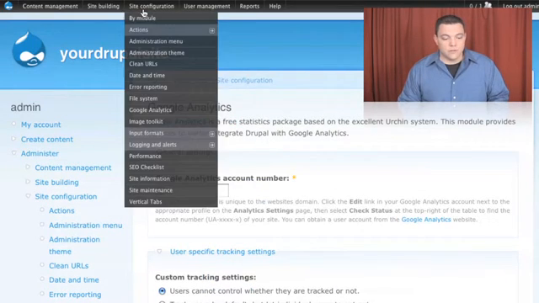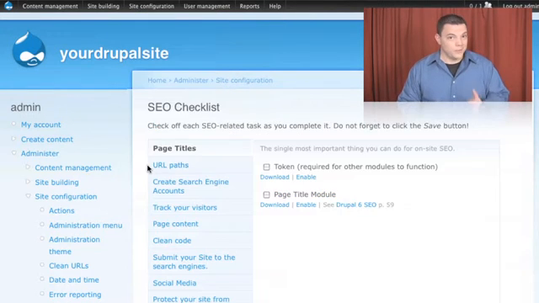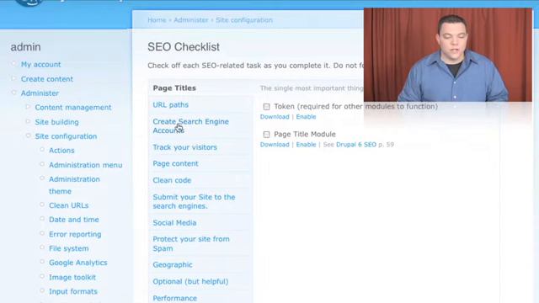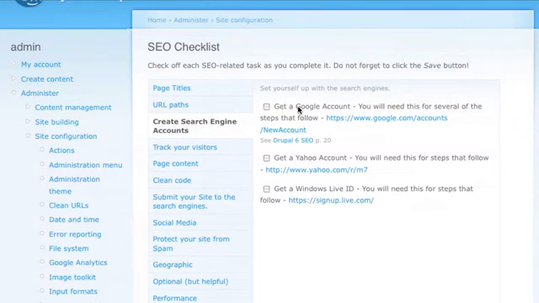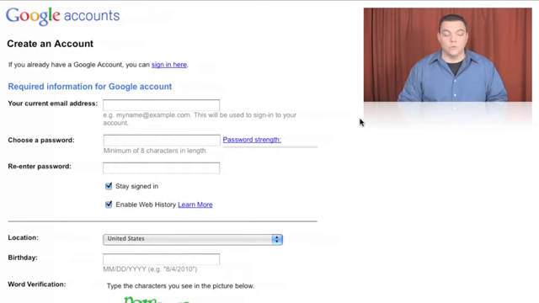Let's go back over to the SEO checklist module. We're going to be going there a lot. And we're going to go to the Create Search Engine Accounts tab. We're going to need a Google account, so I'm going to click on the link, and it's going to redirect me over to Google Accounts. I'm just going to make up an email account. I'm going to use my email account or whoever's, but for this one I'll just call it